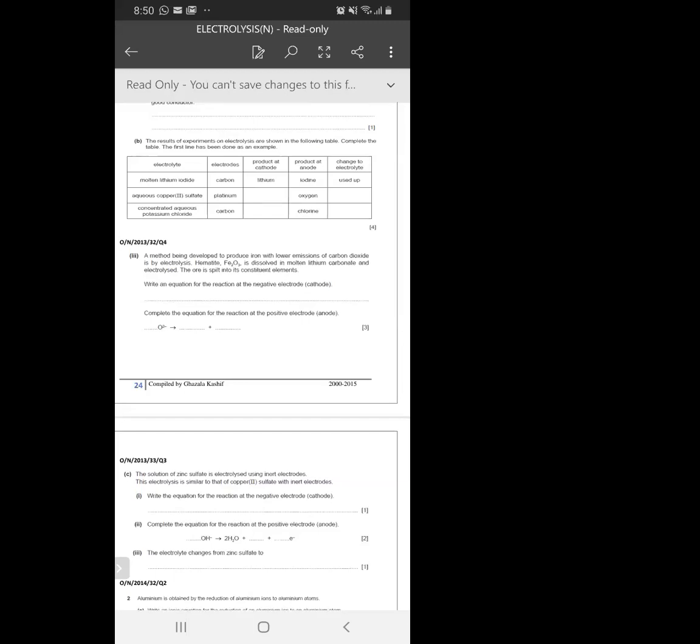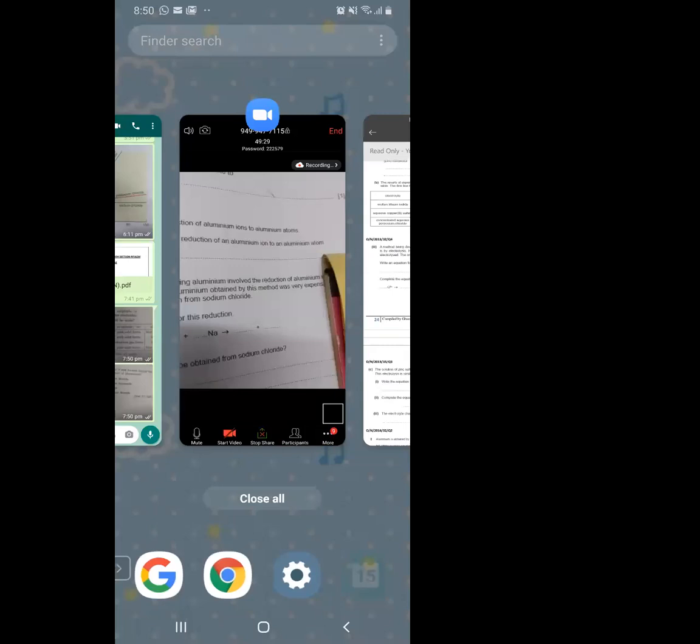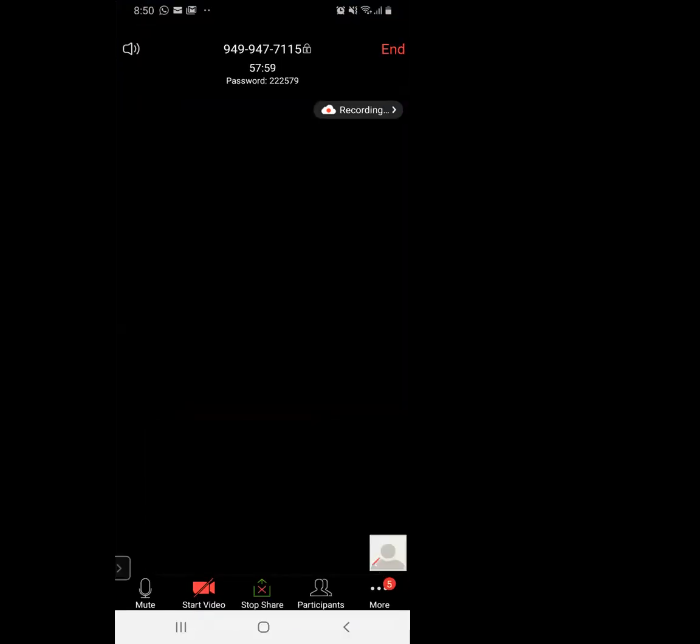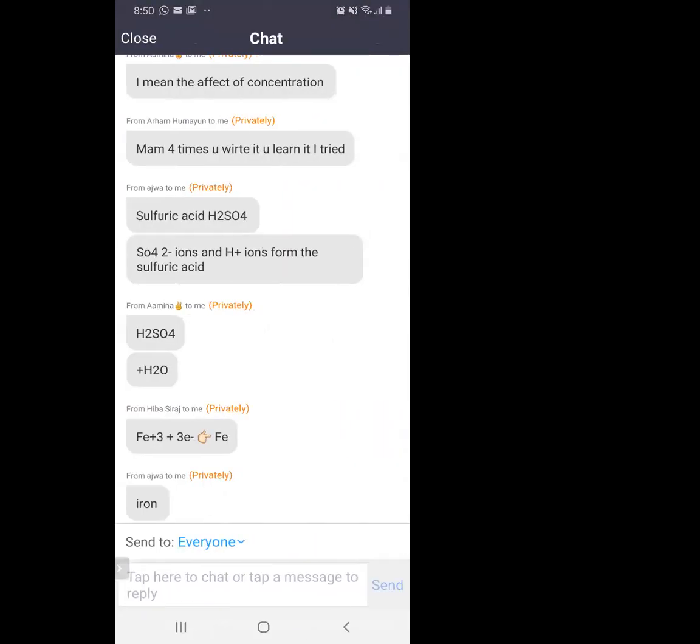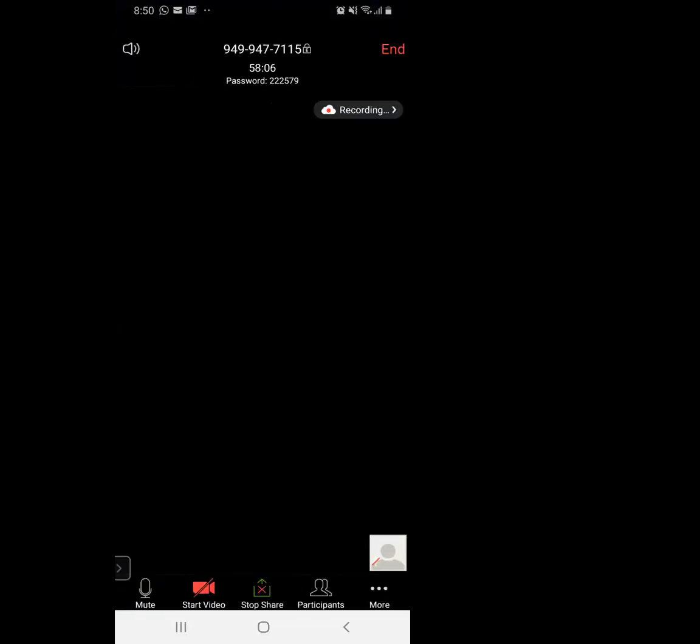At the negative electrode, the cations will be attracted towards the negative electrode, right? So what are the cations here? Yeah, but the other cation is lithium as well. The other cation is lithium as well. So you have,